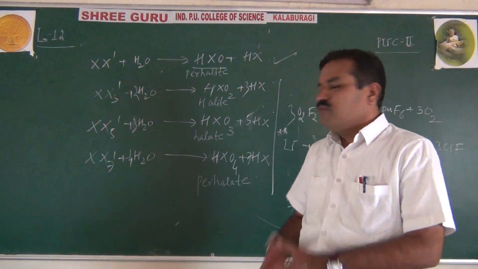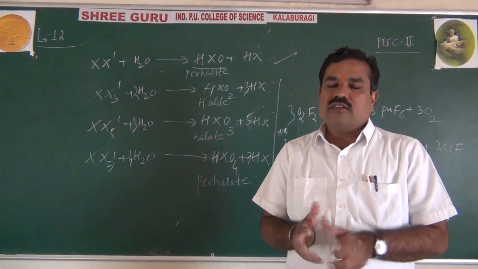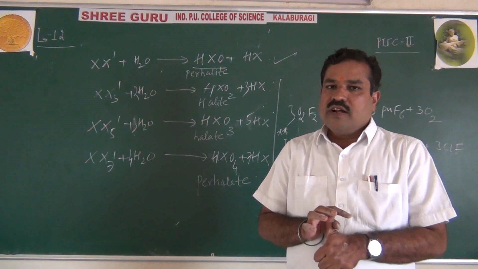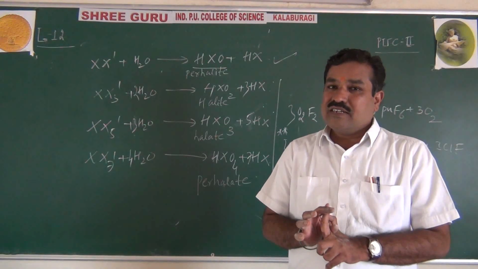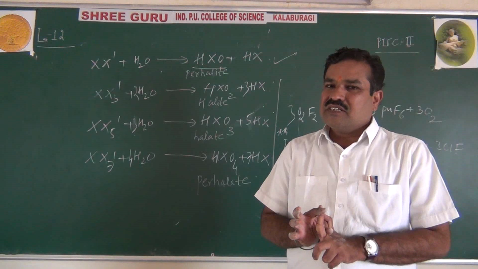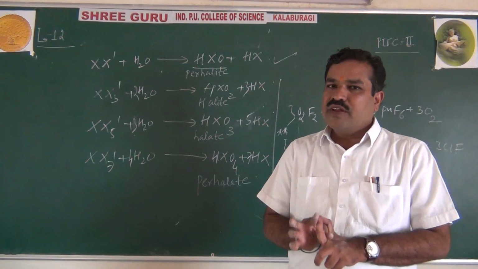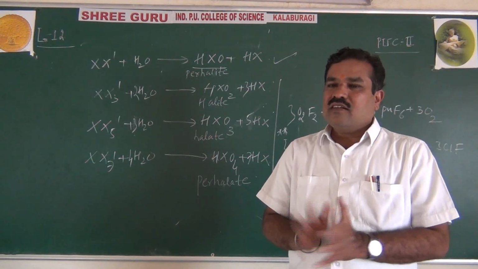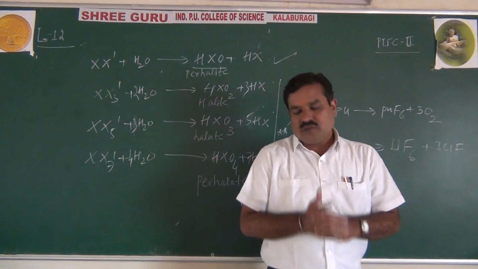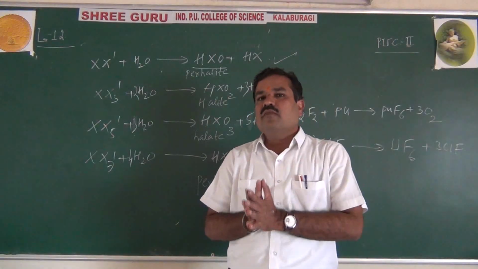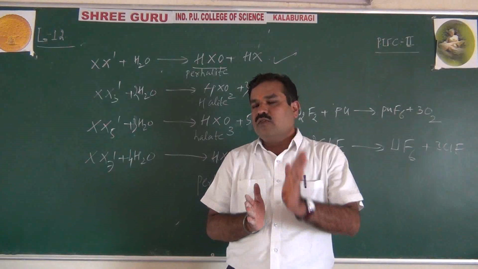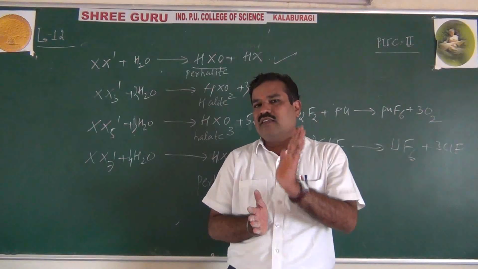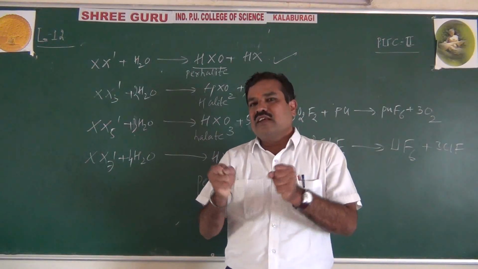Okay, so this completes your 17 group elements. So today, students, what did I cover? Hydrogen chloride, next oxoacids of halogens, even structure of chlorine oxides, and lastly interhalogen compounds. If they ask what are interhalogen compounds, you should be able to tell that they are the class of compounds in which one halogen reacts with another halogen, provided that there is a difference in electronegativity.